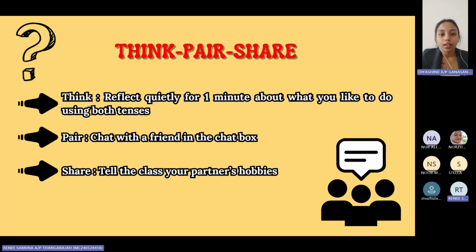Then the teacher will pair you in the chat box randomly with your friends, and you will talk with them, sharing your ideas about what you both like to do, sharing each other's hobbies individually. At that part you will get to know your partner more, especially about their hobbies.